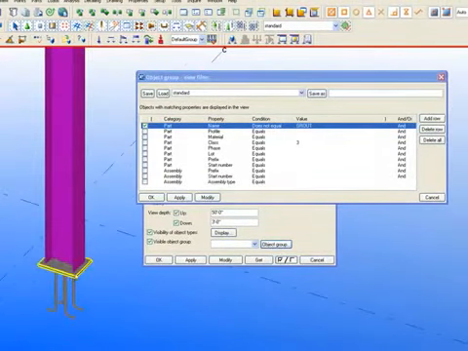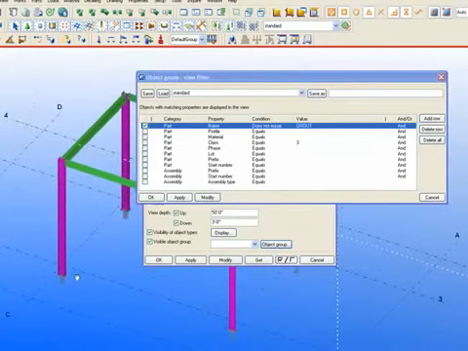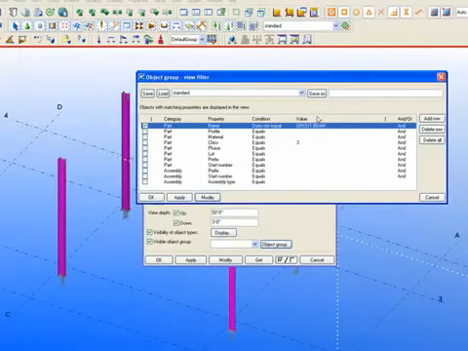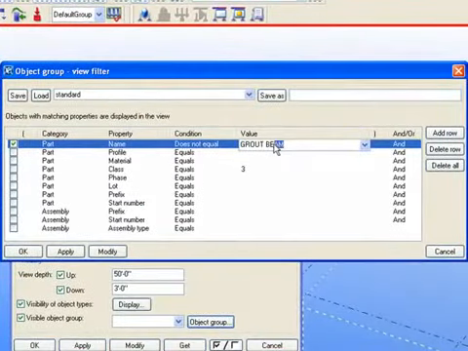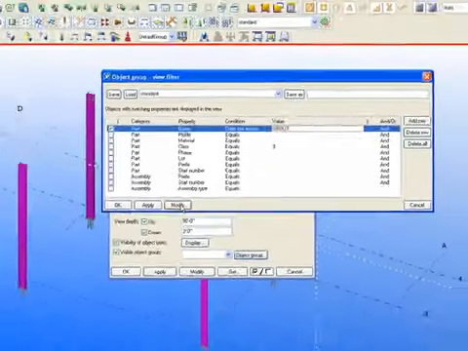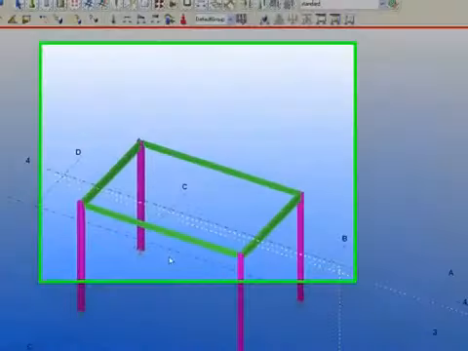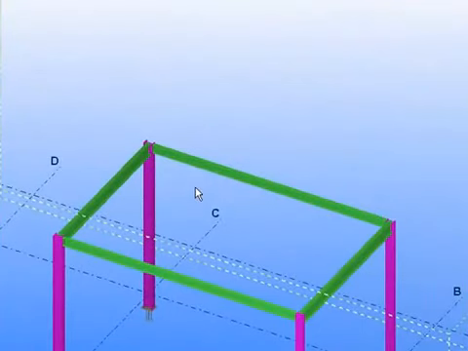Voila, the grout is gone, right? Yeah, and let's say you want to filter out the beam, just type in beam, modify. There, beam's gone. Obviously we want the beam back. Now what we want to do is we want to select each member of our steel and put the part